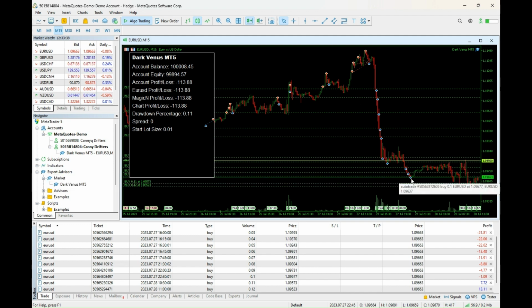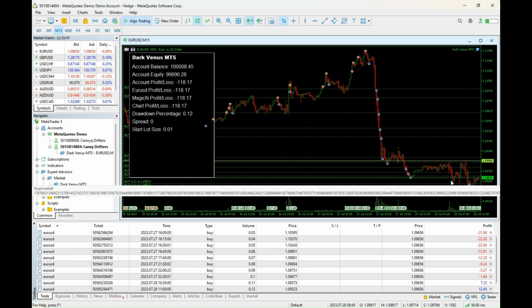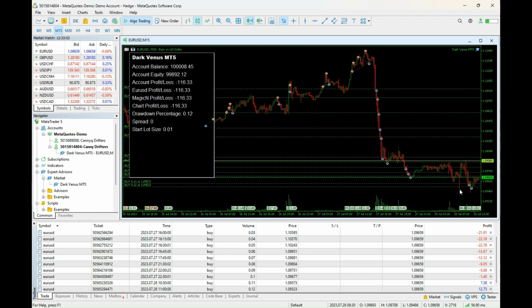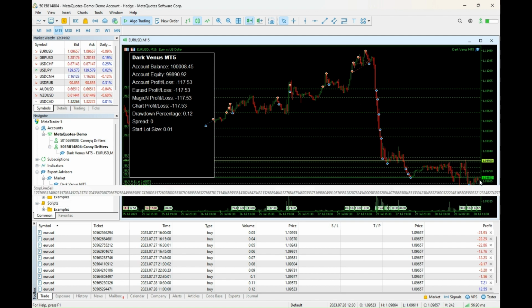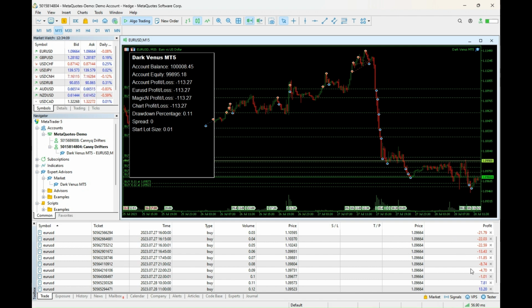So these 2 were in profit at that point, and then this third one became in profit at some point when it reached up to about here, and then it's dropped again this morning. So this was early this morning here, and then this morning it's dropped again down to there. It recovered a bit, and that's dropped again. And as it dropped again, it's made another 2 purchases, another 2 buys, and then it's gone back up a bit. So at the minute, we're at a loss for all of these ones along at this end, or maybe not that one. Oh yeah, you can see we're at a slight loss on that one,